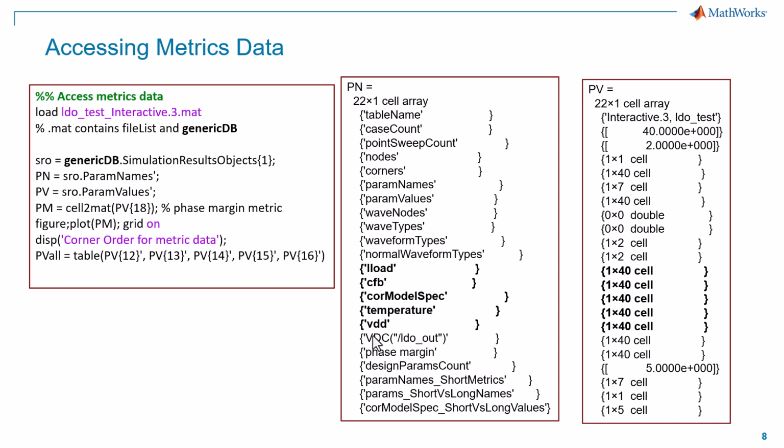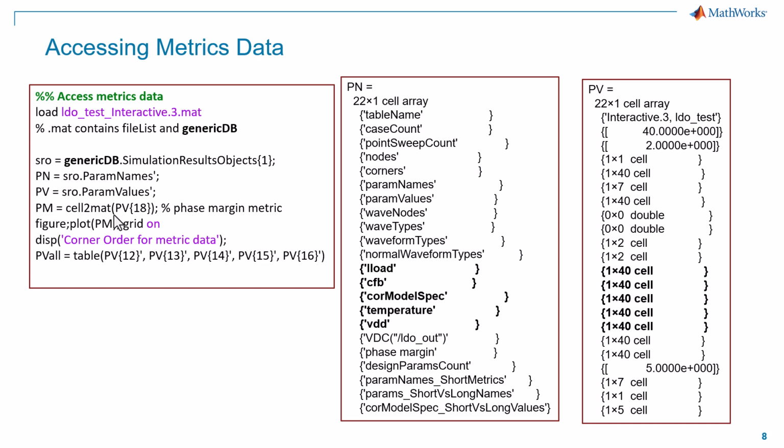After that, we see some of the metrics I computed. So like phase margin is number element 18. This would be 12, 13, 14, 15, 16, 17, 18 is phase margin. And that's where the phase margins were computed at for each case, for each variation in current, capacitance, process corner, temperature, and voltage. And this is just a short script in MATLAB, which pulls out that data. I'm pulling out the phase margin data.